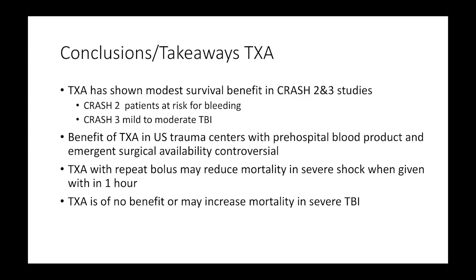So the conclusions and takeaway about tranexamic acid: the CRASH 2 study showed that there was a modest reduction in death for patients at risk for bleeding, and similarly the CRASH 3 study showed there was modest reduction in mortality for patients that had mild to moderate TBI. Tranexamic acid's role in U.S. trauma centers has been questioned